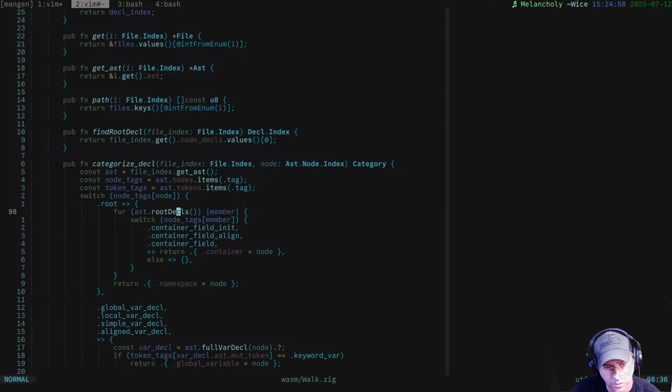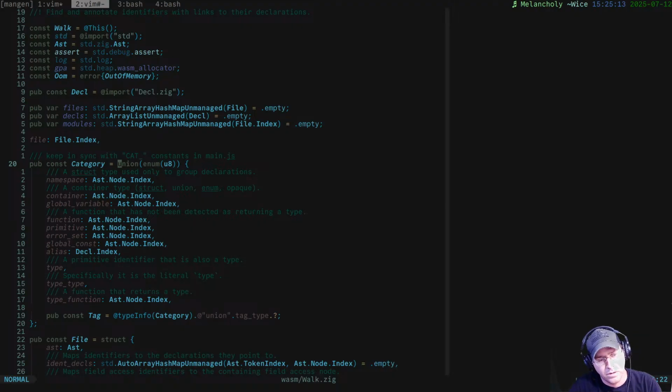We're going to go through all the root decls, get all the members, and switch on the member. If it's a field init, field align, or field, return container equals node. Interesting, because what we're doing is category. We're returning some category, which itself is a group: namespace, container, global variable, function, primitive, right? All of these, which are unions